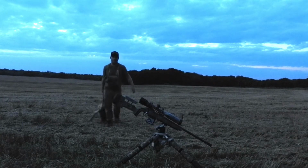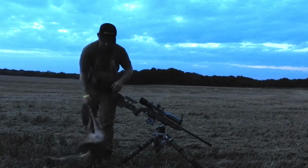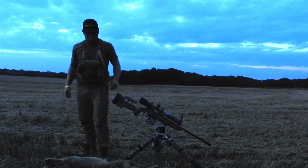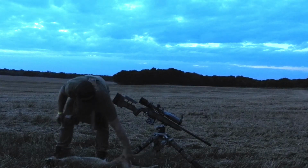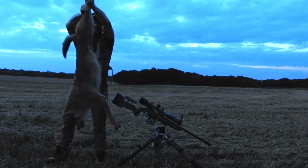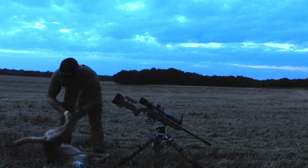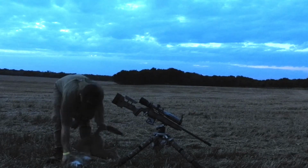About didn't find that one. She ran about another 30 yards or so over a terrace. Big old female. Pretty good sized female. Not bad. Not a bad dog. Oh yeah. I didn't quite